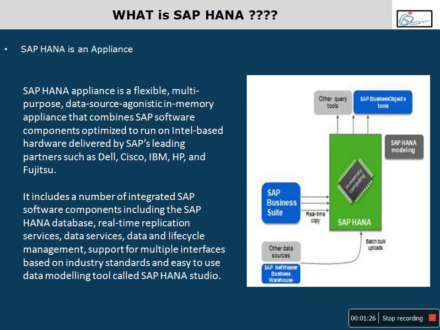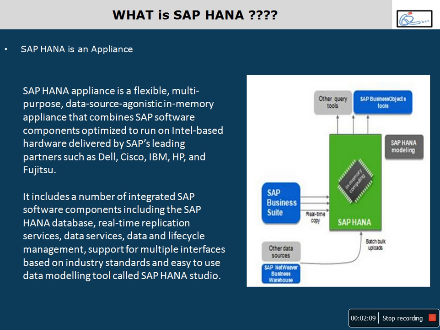SAP HANA is also an appliance. When you say appliance, we always refer to software which comes along with hardware as an appliance. For example, a washing machine has controls to start, stop, and restart it, and a timer you can set up. So it has some software embedded into that machine, and we call that kind of software an appliance. Even SAP HANA has been designed, the software has been designed, to work with certain hardware capabilities. So it is referred to as an appliance, software customized to work with certain hardware capabilities.